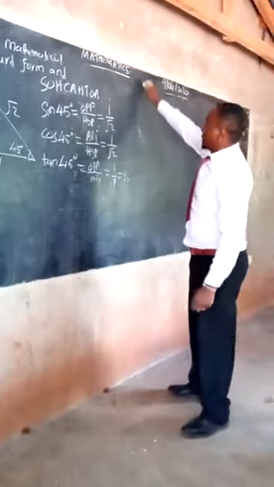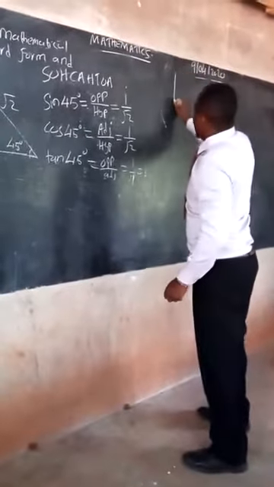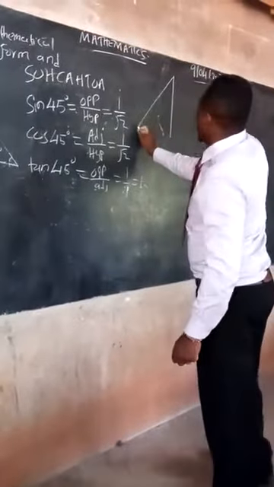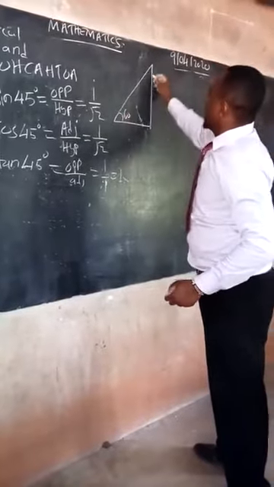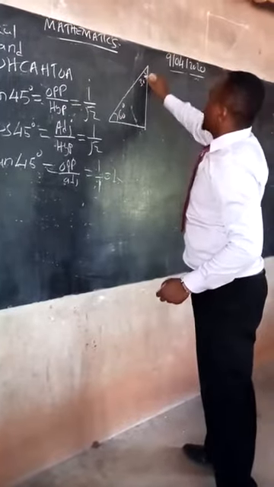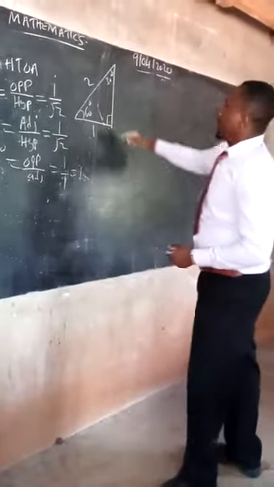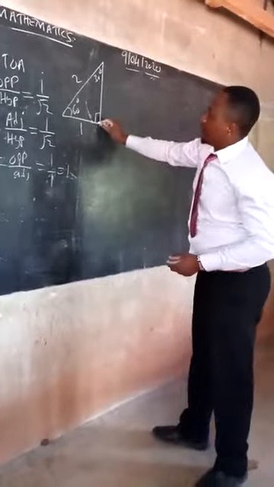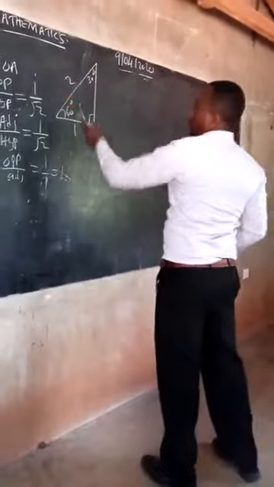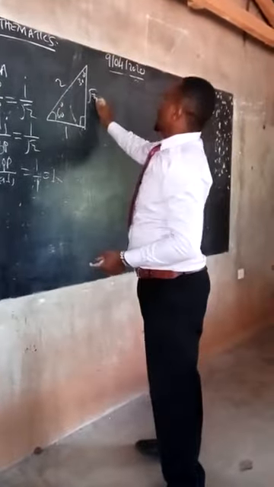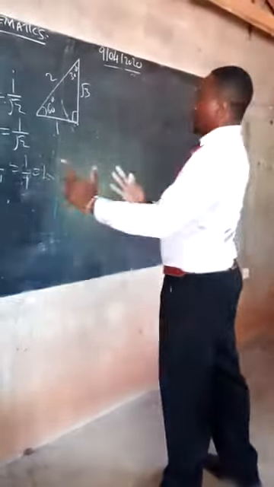Then we have this triangle here, where this is 60 degrees, this is 30 degrees, and this is 90 degrees. So this side is 1, this is 2 units. Then the opposite, this height here, should be 2 squared minus 1 squared, which is root 3. If you take an equilateral triangle, it's just that I've cut it in half.